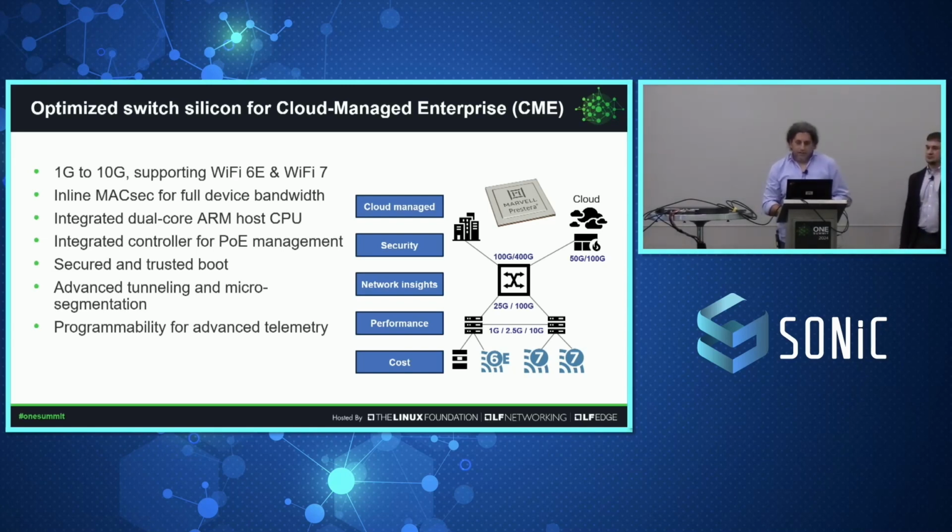So, like I said, it comes with the right cost. It has the right performance. It has all the network features needed and the future ones that may be needed. And it's customized for cloud management. Ars? Yeah, and answering the question and following up what Guy was talking about, the enterprise environment and DC environment are